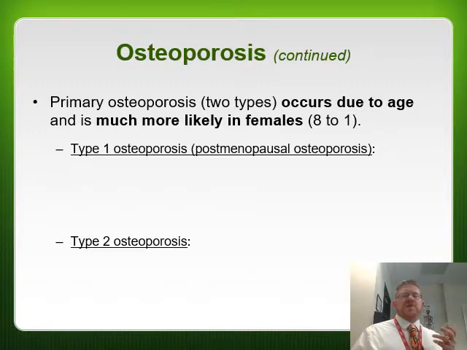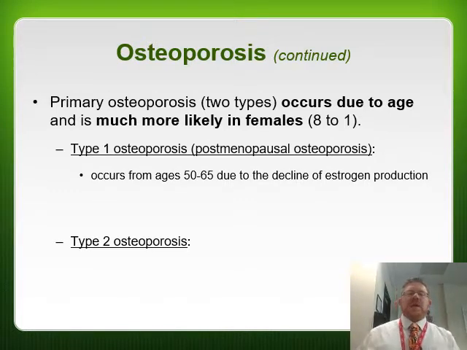Now, primary osteoporosis is categorized into two different types. It usually occurs due to age, and it's far more likely in females, an 8-to-1 ratio. So ladies, you have more concern with this issue than men do. And we'll talk about why here. Type 1 osteoporosis, otherwise known as postmenopausal osteoporosis,